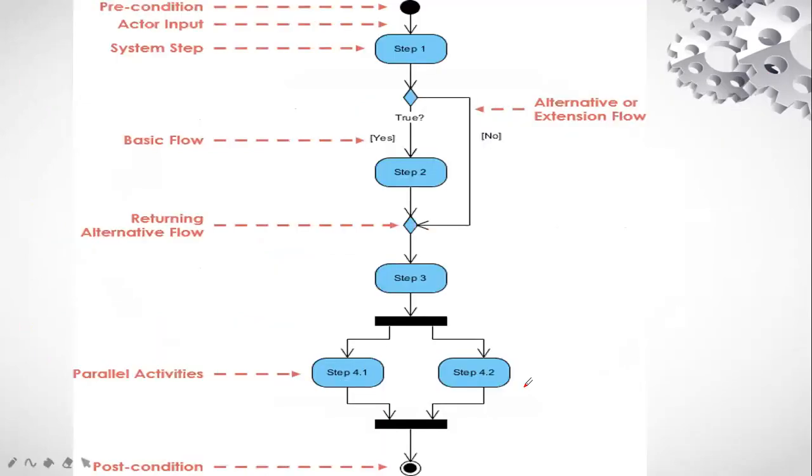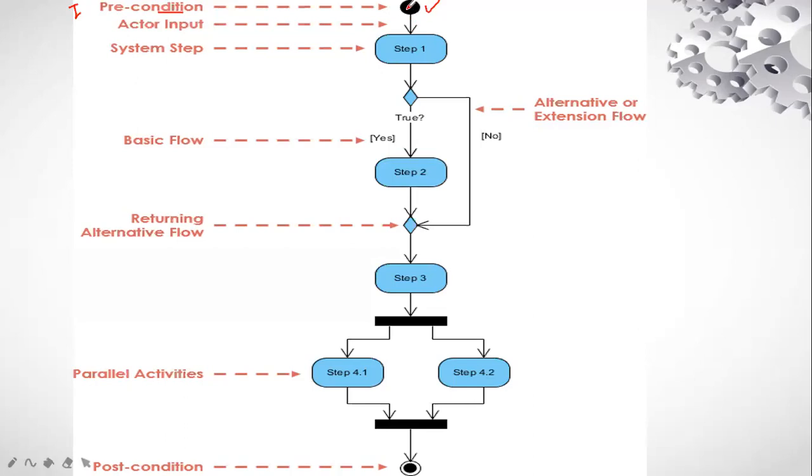Now let's understand the flow of a simple activity diagram. See, this one is a black circle, which defines the precondition I told you about, also called the initial node. Also remember it with the help of the name, initial node. Next, when the flow of sequence comes from the initial node, that means the actor is going to input something. Let's say I have taken an example of ordering online, right?